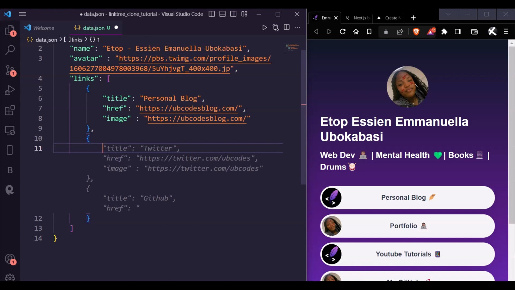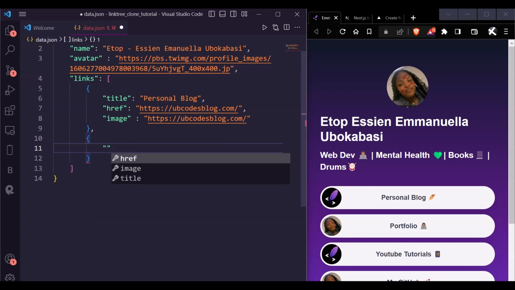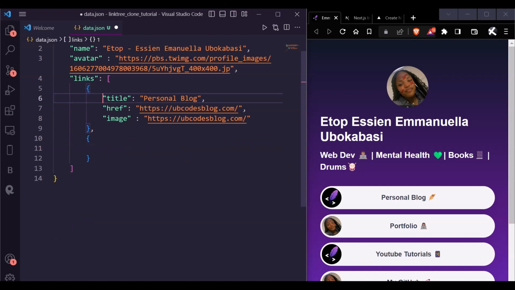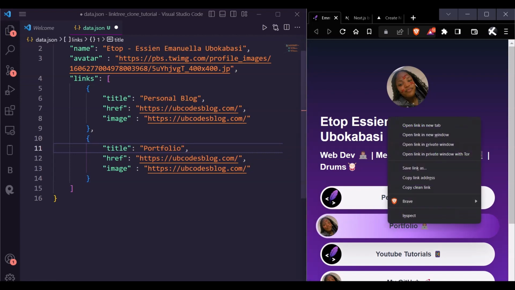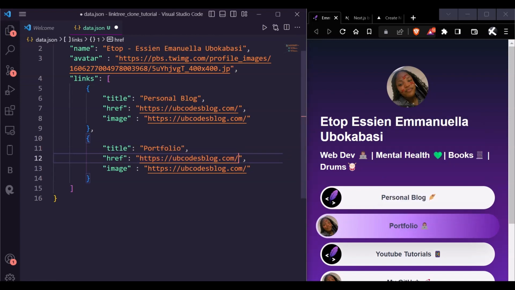Okay, I really feel like pressing tab right now because it's actually bringing out what I want, but I want you guys to understand what I'm doing. So let me copy this here one more time, paste it down here. So what I wrote here is portfolio, and my portfolio is